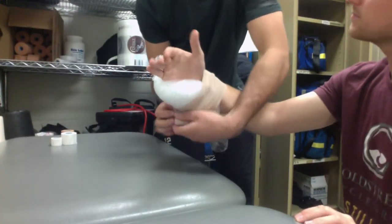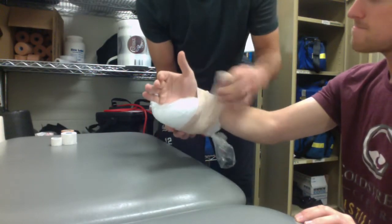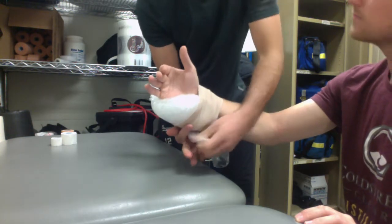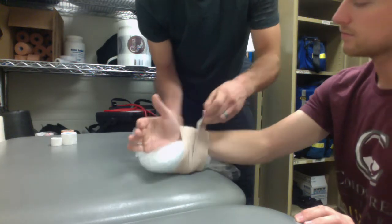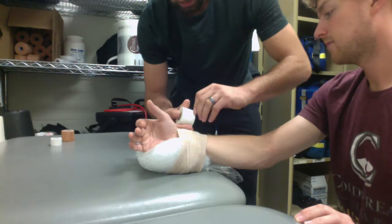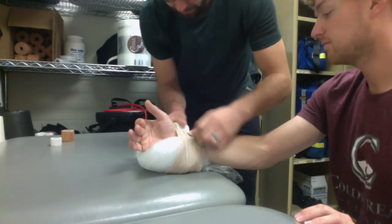So you can do this at home too. You don't need a tensor if you just want to hold it, or you can even just rest it on the table while you're watching TV or something like that. Okay. And again, probably 20 minutes is a good number. But as soon as you start feeling it numb, then you can go for another couple minutes, and then once it's